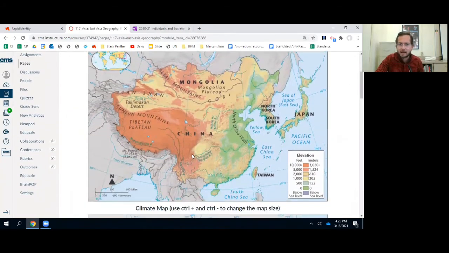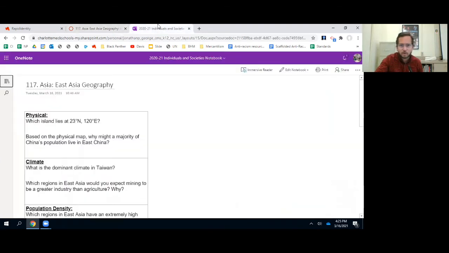This is our map of East Asia. We're not doing a political map this time because I think we can honestly see the divisions between the different countries. So we have Japan, Taiwan, South Korea, North Korea, Mongolia, and China as the main countries focused on in East Asia with this map. Once again, this is a physical map, so it focuses on physical features, the elevation, the overall terrain, how it goes up and down. So let's take a look at our questions here.